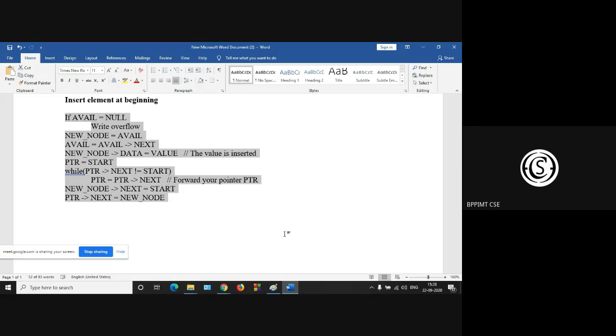No, sir. Is it complete? You have to connect the last node to the front node also, so it will make it circular. It is already there: new node next is the start node. Your 5 is connected to 1 in your example, and here your 4 is connected to 5. Anything else?